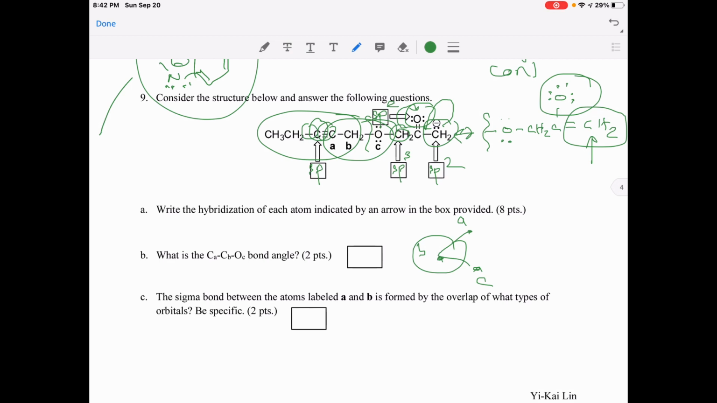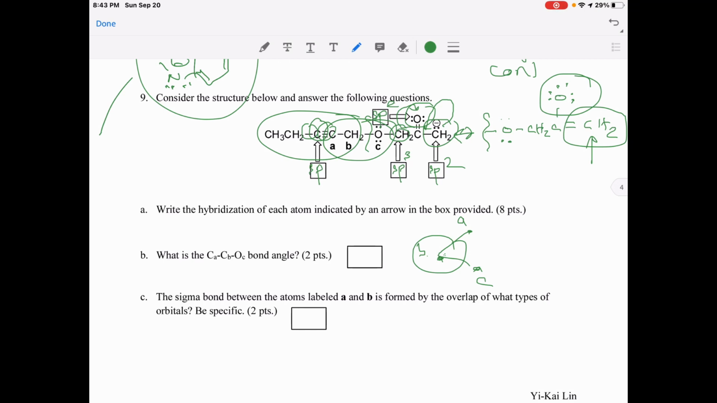And that means when you connect it back to this situation, it means that we are trying to find the geometry or the angle at this point B. That means we have to consider the hybridization at point B. So the hybridization of point B is sp3 because